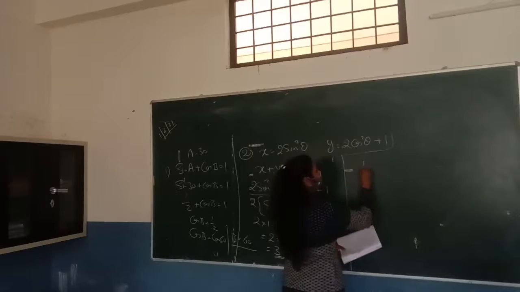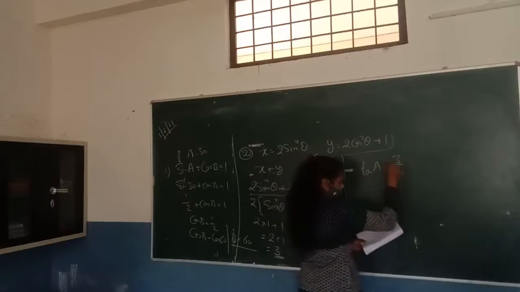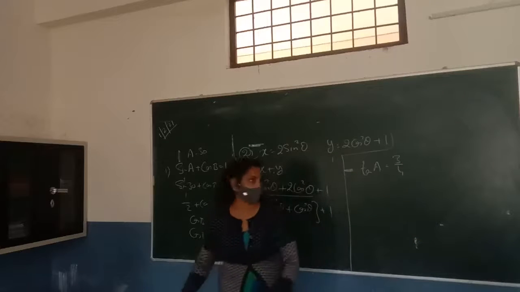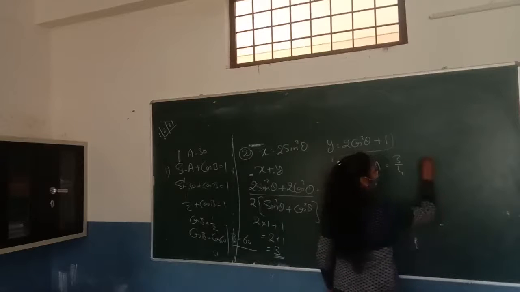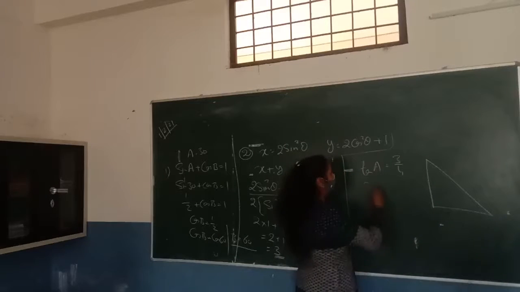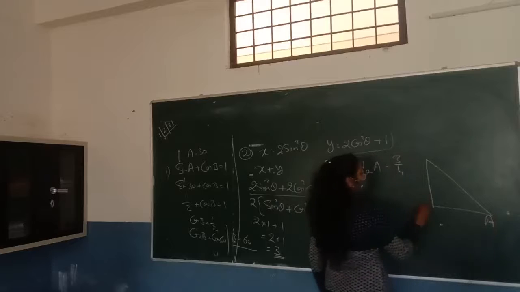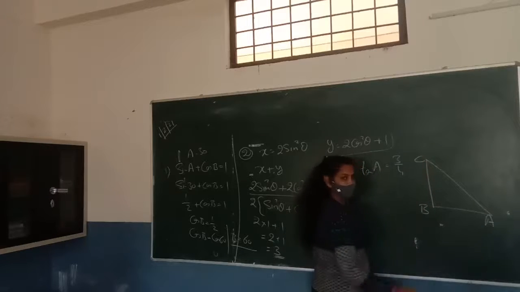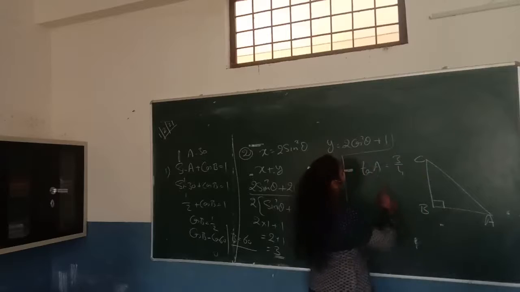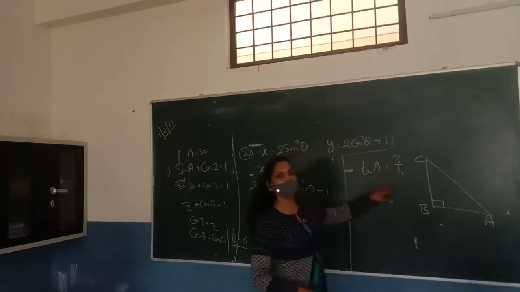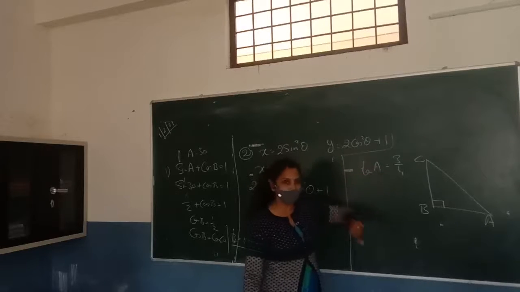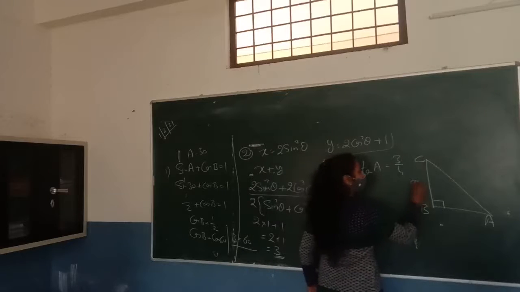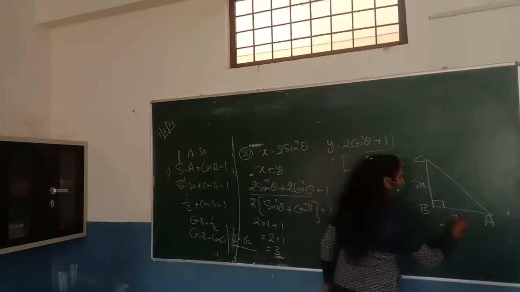tan A is equal to 3 upon 4. Then find the value of 1 upon sin A plus 1 upon cos A. So for this question, it's easy to solve it like this. Draw the right angle triangle and take A as an acute angle. So suppose it is ABC, right angle at B, and since tan A is equal to 3 upon 4. So what is the ratio for tan A? The ratio of tan is perpendicular upon base. So we can say that perpendicular is 3x and the base is 4x.